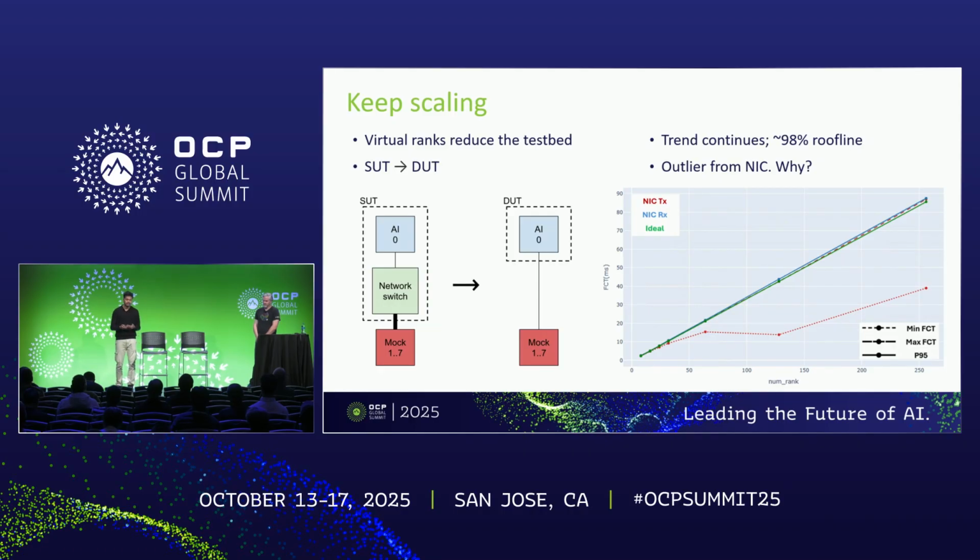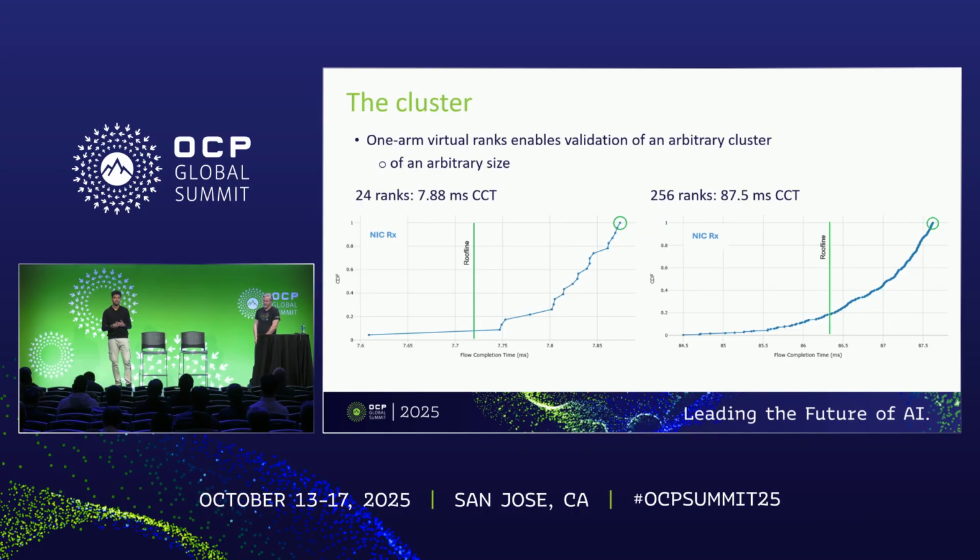So what this tells us is we are indeed able to reproduce the variability when we use physical MOCs without virtual ranks, and when we use physical MOCs with virtual ranks, right? And over here, again, with 24 virtual ranks and 256 virtual ranks, we have the same CDF that we showed before. If you look at the CDF shape again, you have the vertical line in between, and again, 70% of